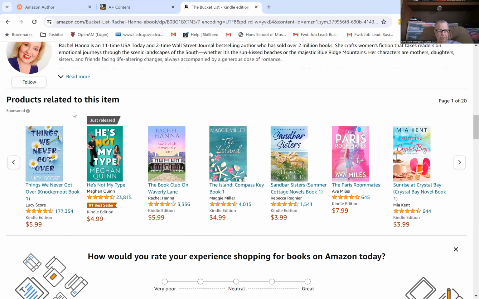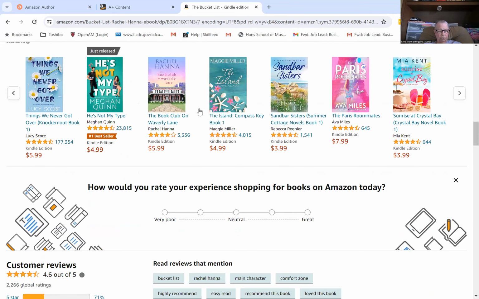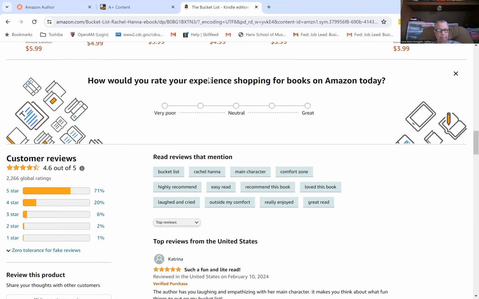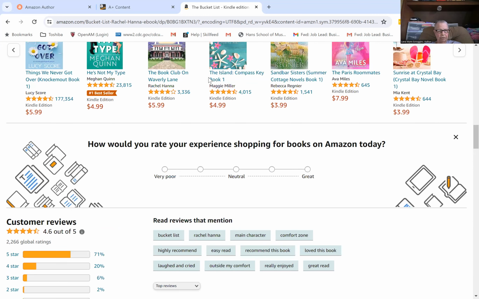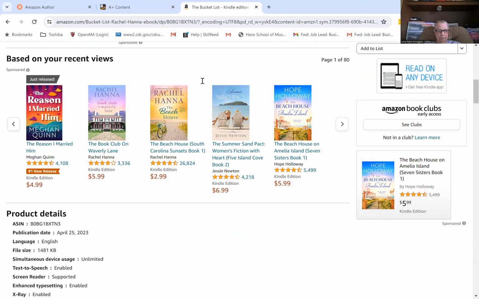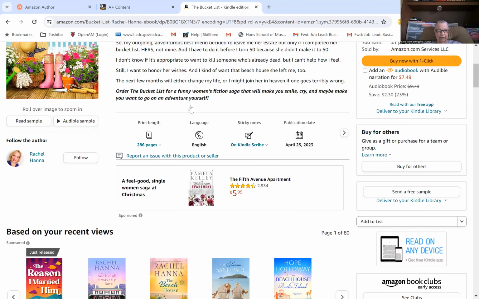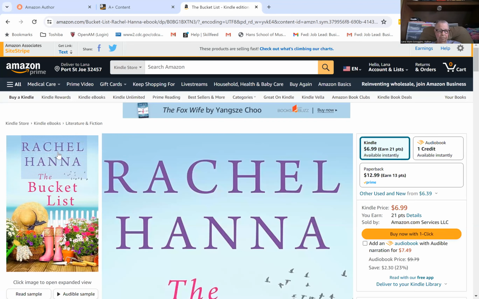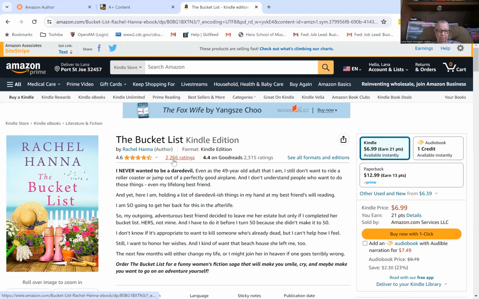Then we have some books that are related to this item, but notice whoever her publisher is, and it looks like she has some good reviews too, but whoever her publisher is doesn't actually do the from the publisher section on her website, on her book page. And I thought, now that is kind of interesting because this looks to me like it has sold a lot of books. Okay, and she's got a 4.4 on Goodreads too. So let's go back